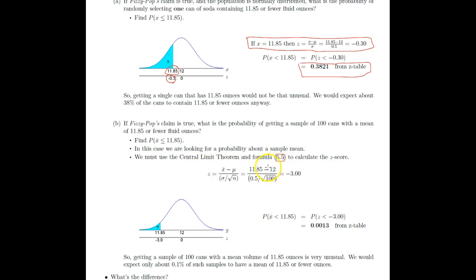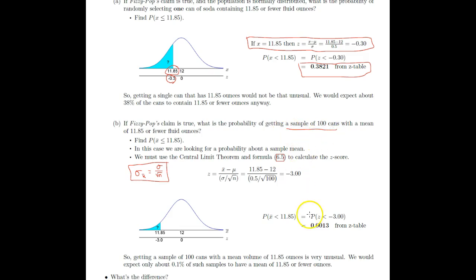And the central limit theorem, really the only big difference here, maybe even take this down, is that our new sigma, which we'll call sigma sub x bar, is equal to the old sigma divided by the square root of n. That's really the only big difference here with the central limit theorem. And you use this whenever you're working with sample means, like when your new data value is a sample mean, like it is here, a sample of 100 cans.